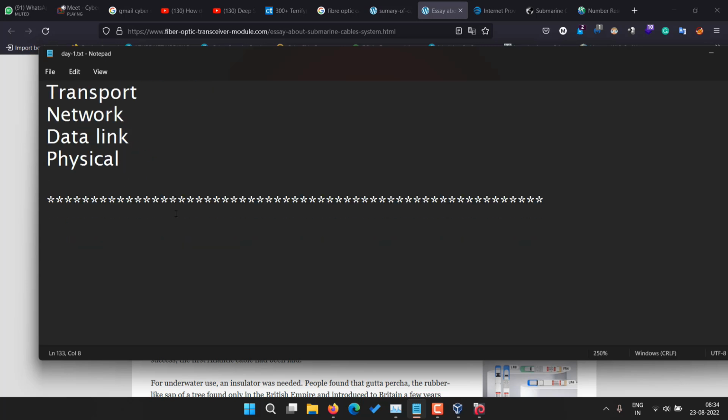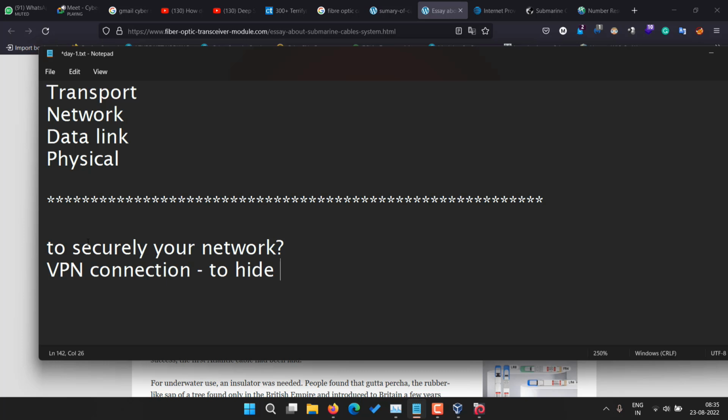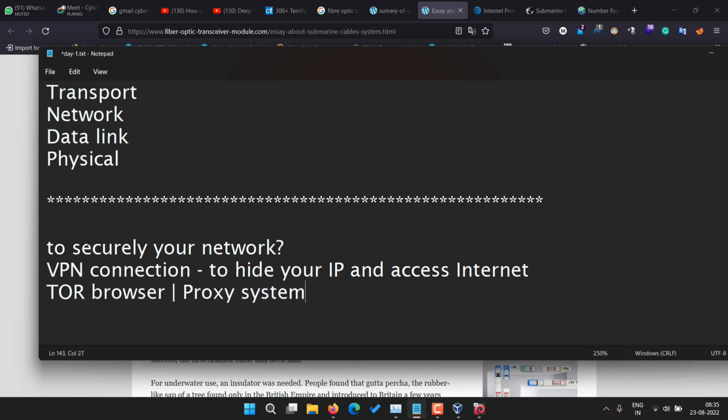That is the question there. I will explain that thing also in one topic. To securely use your network, if I go with one short word, you can use a VPN connection simply to hide your IP and access the internet. That's the very basic thing that we can do, but later I will also explain how we can use the Tor browser and the proxy system with a VPN connection to become more secure